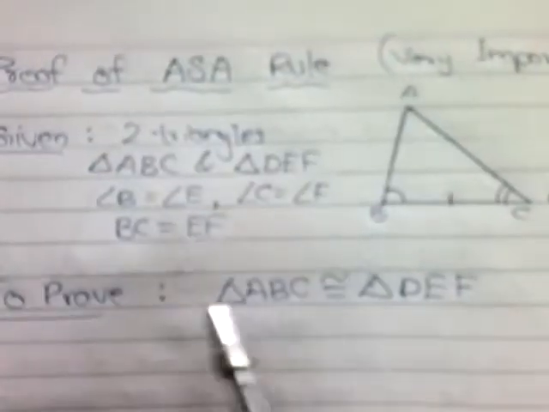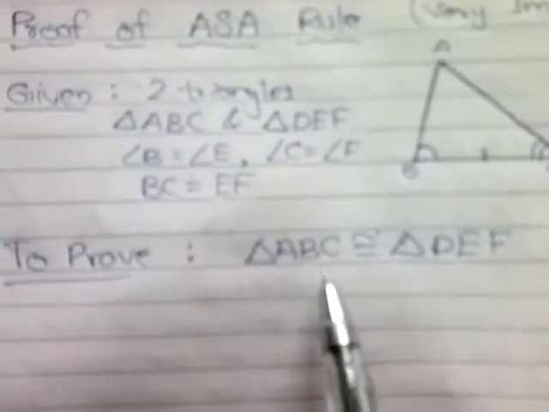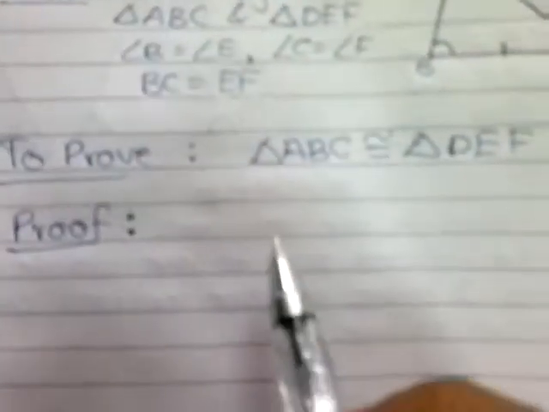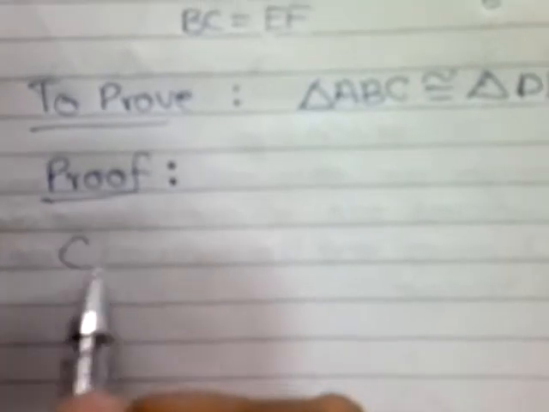So let us take the SAS rule. We will use the SAS rule because SAS rule, as given in the previous lecture, is one of the basic rules, and it is more of an axiom. It requires no proof. SAS requires no proof. So we will use the SAS criterion, and we are going to prove the ASA criterion with the help of SAS. So three cases arise over here.